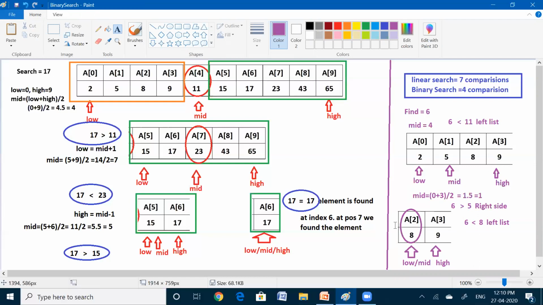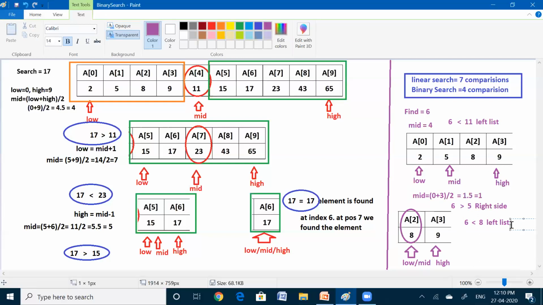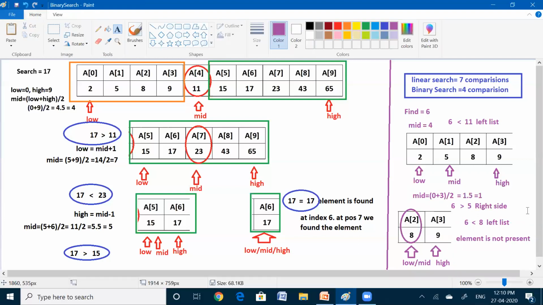That indicates that this left list is over, I mean, that the element is not present in the list. If the element is present in the list, then we need to return the position. If the element is not present in the list, then we'll say that the element is not there in the list.